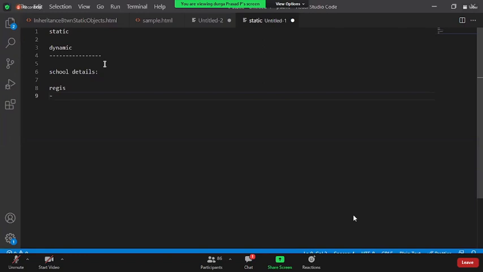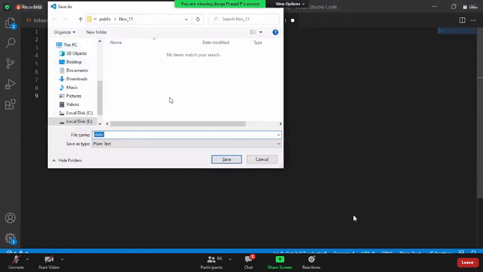Based on their input, they are going to take the data. But once the student is joining Naresh IT, he should also have the data of the institute details in his object. That is what we call inheritance between a static object and a dynamic object. So how do we do this? Let's take a simple example on this. Inheritance between static and dynamic object.